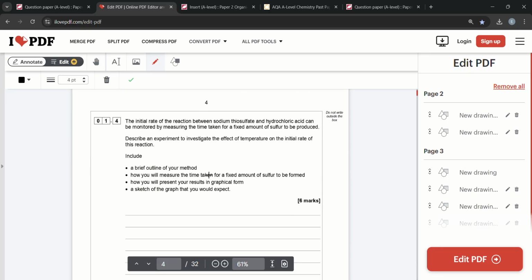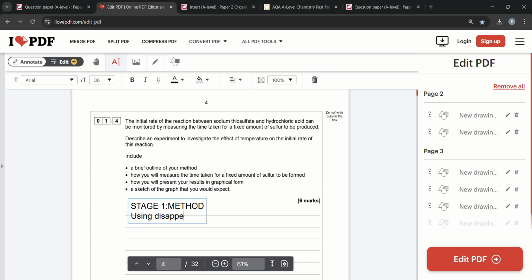Question 1.4. Describe an experiment: sodium thiosulfate and HCl. I really like this practical. One method: we want to use the disappearing cross. Put acid into a container with a cross, add the second reactant,